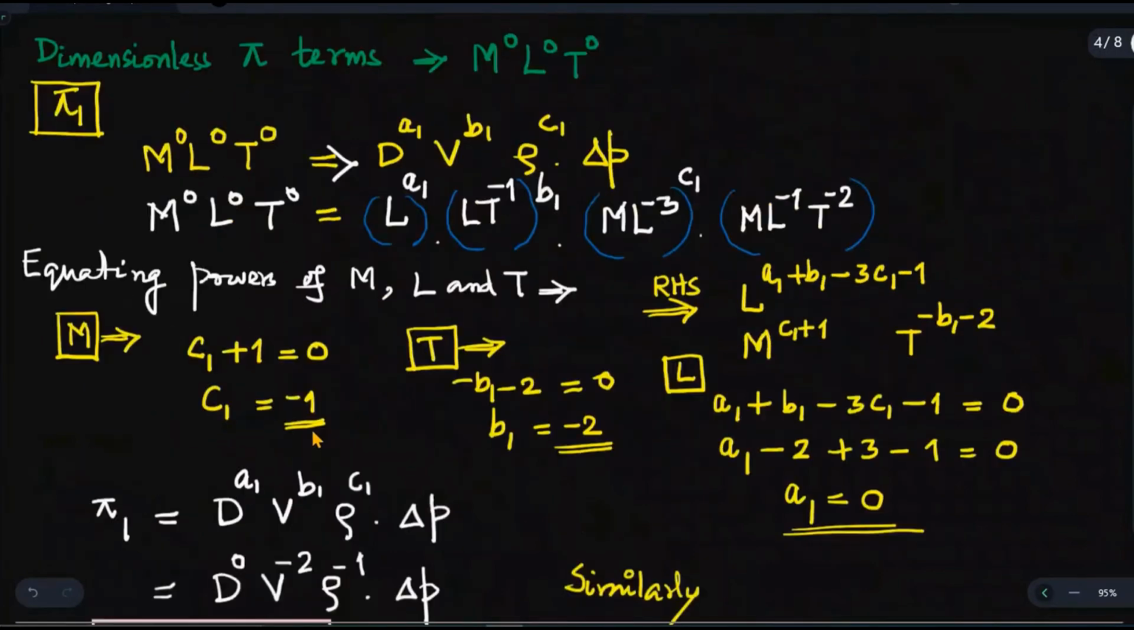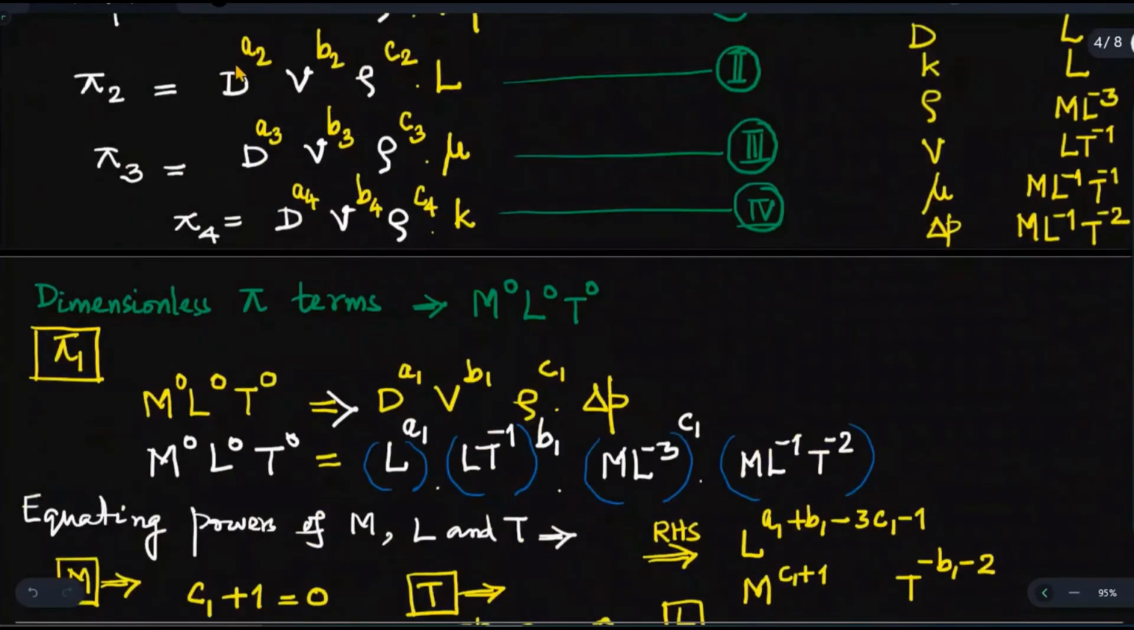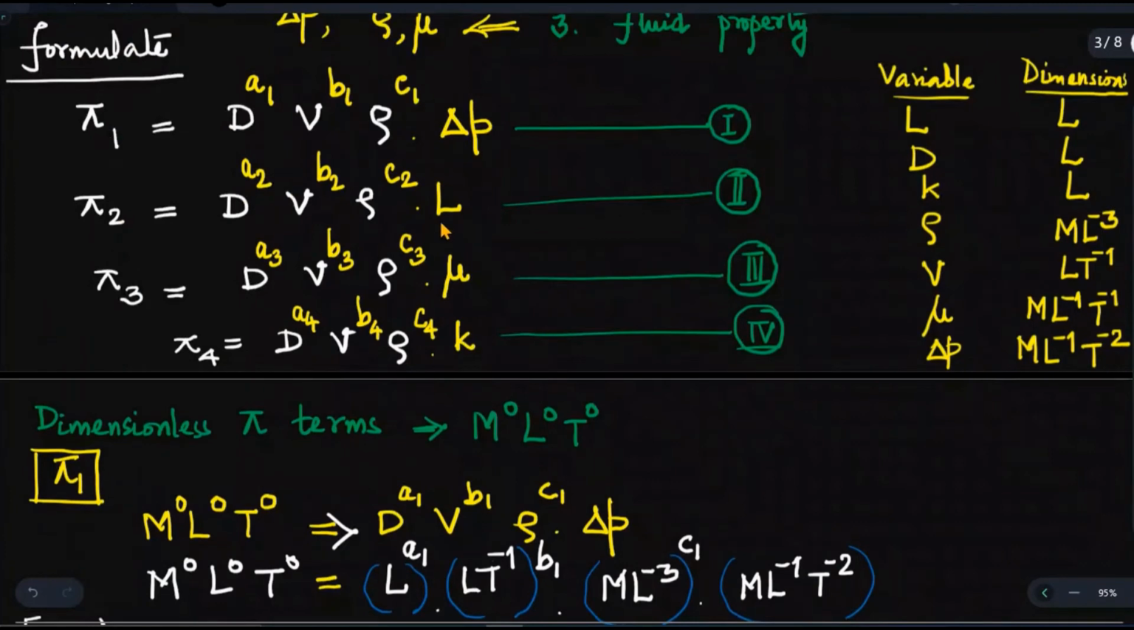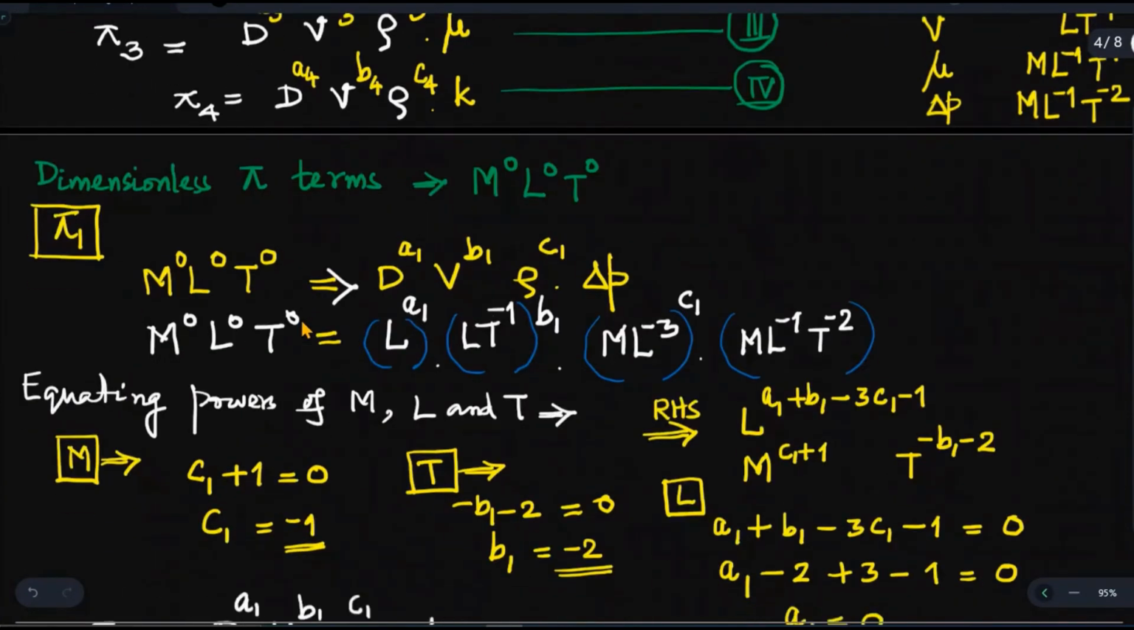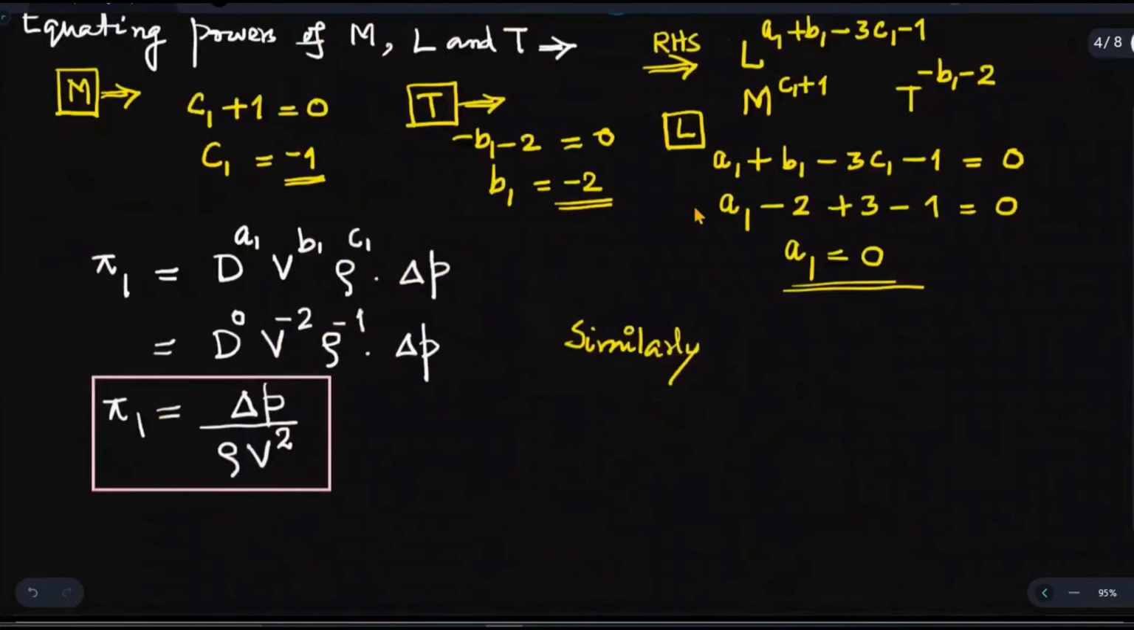So similarly, you can get the indices A2, B2, C2. Then A3, B3, C3 by equating the dimensions, equating the powers of M, L and T on the pi term 3 on both sides. And similarly, for the fourth pi term, A4, B4, C4 can be found out. So please follow the similar procedure and obtain